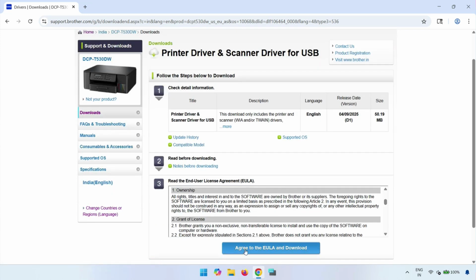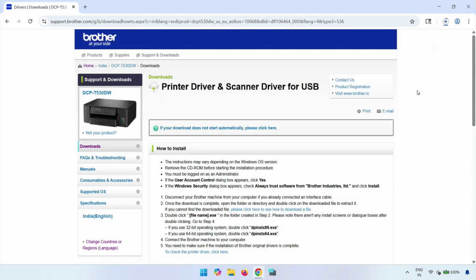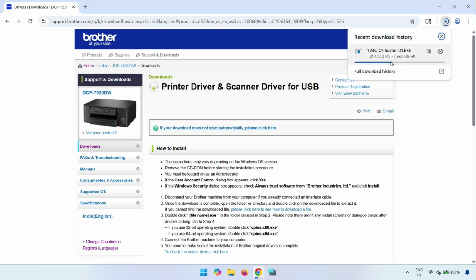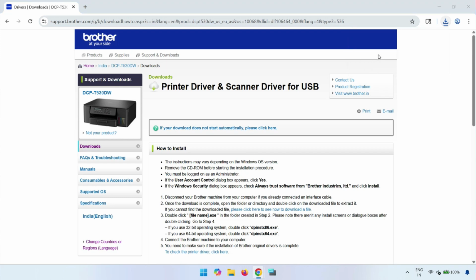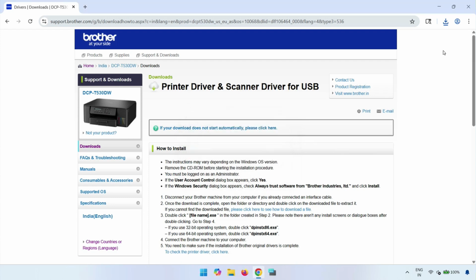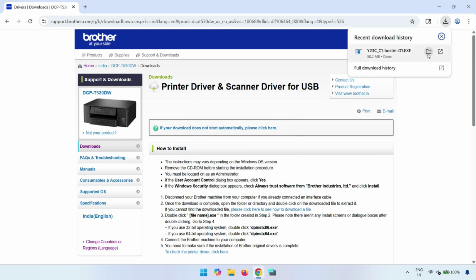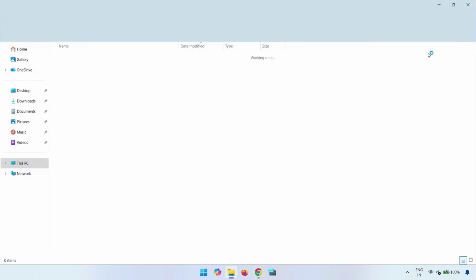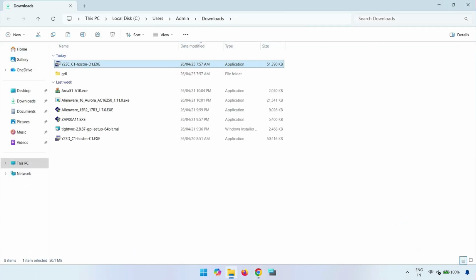Scroll down, then click agree to download. After that it starts downloading in the download box, almost 50 MB. Then it is completed. Single click, and it will extract to the same download folder. So open the folder where it was downloaded, and copy this file